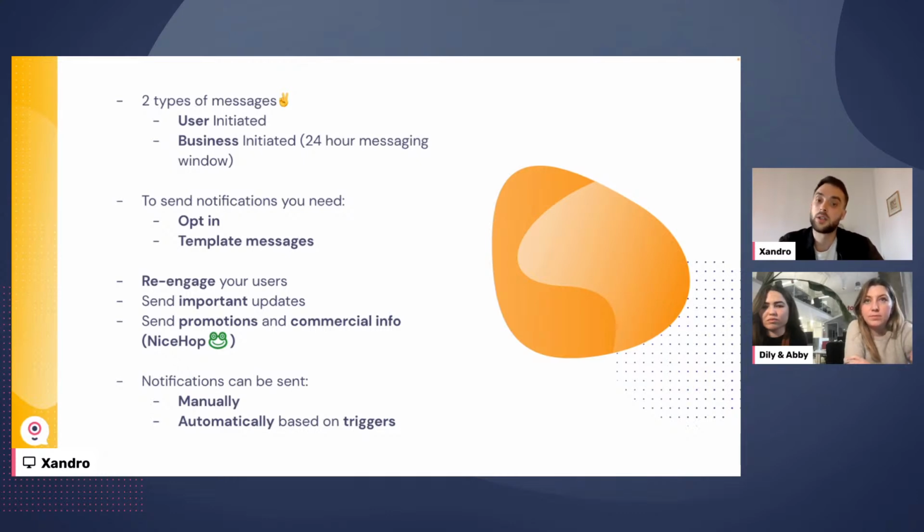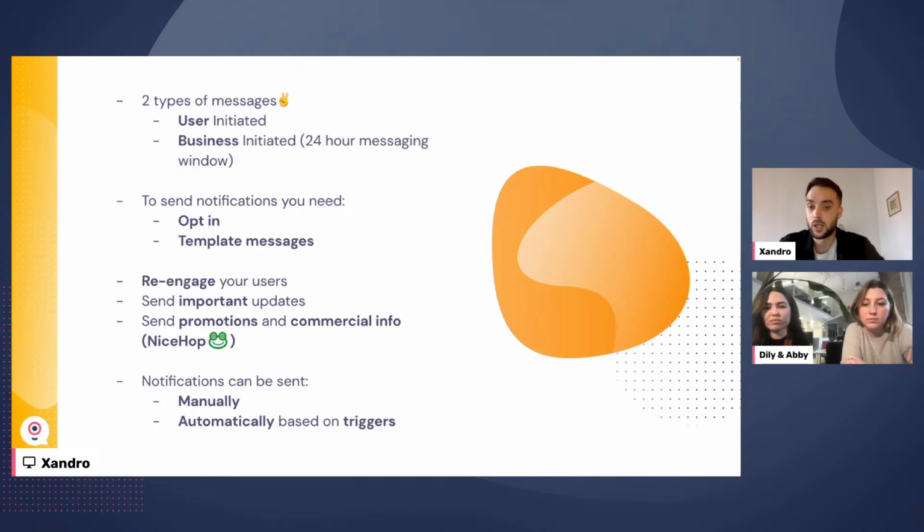Once the agents get back to the office on Monday, they're going to try and send a message, and they're not going to be allowed to. So instead, you can get a template message approved to re-engage those users who contacted support on the weekend by sending them a notification on Monday saying, hey, we're back in the office. If you still need help, please send us a message or please reply to this message.